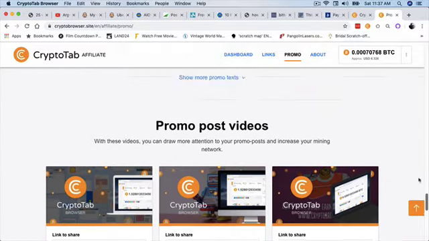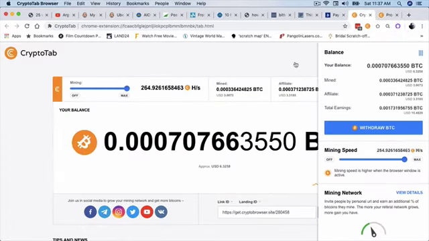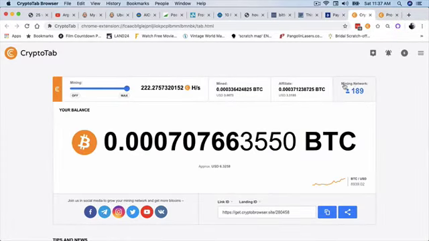Now, a little word about affiliates is I have no idea who any of these people are. They may be my friends, they may be strangers, I absolutely don't know. What I really like about Cryptotab is that even though I've got 189 people in my network, I don't know who any of them are. And I have no contact with them whatsoever, and they can't keep bugging me and asking me questions and giving me the responsibility of training them. So if you're one of these people who likes to be left alone to do their work, this is awesome.